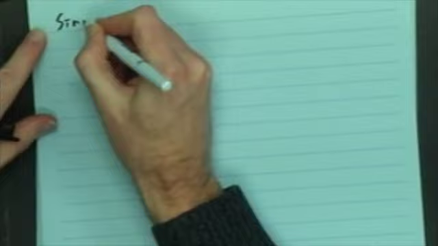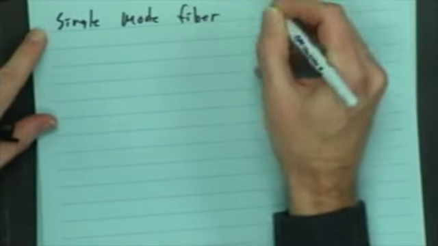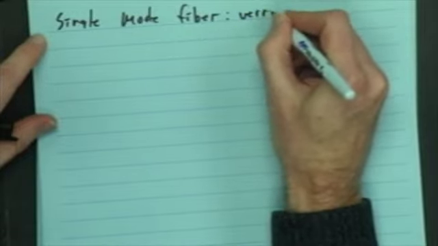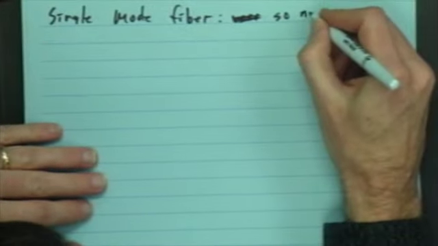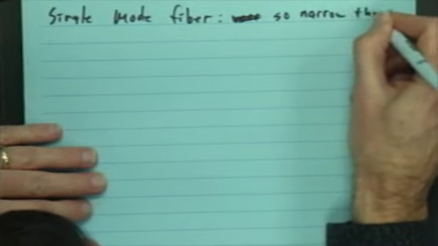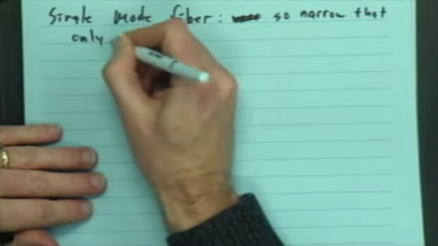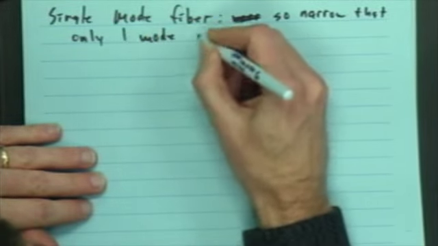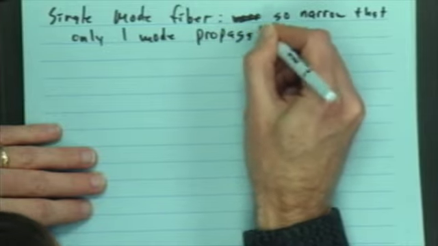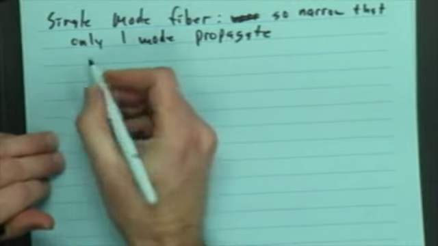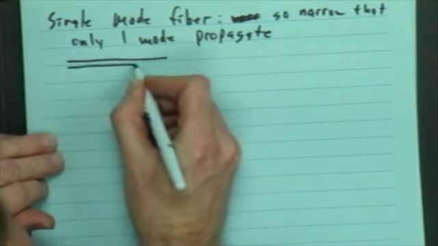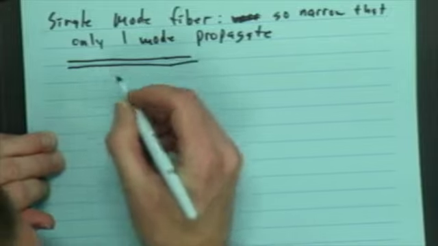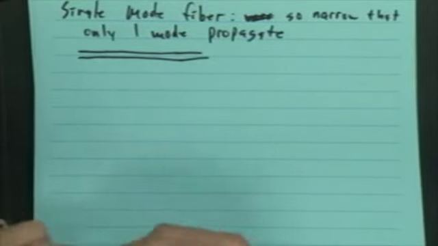there is a different kind of fiber. Single mode fiber is so narrow that there is only one mode that can propagate. Okay? So that other fiber I drew was a little fat. If you get one that's nice and thin,